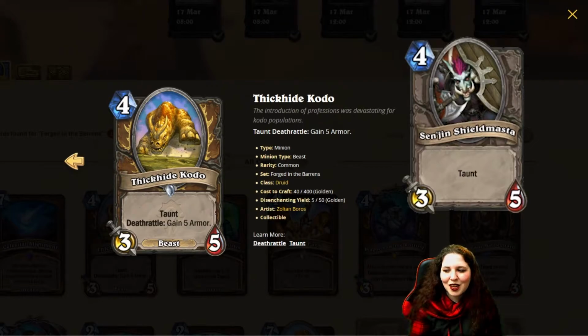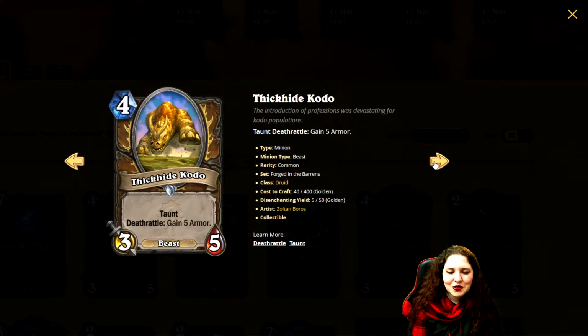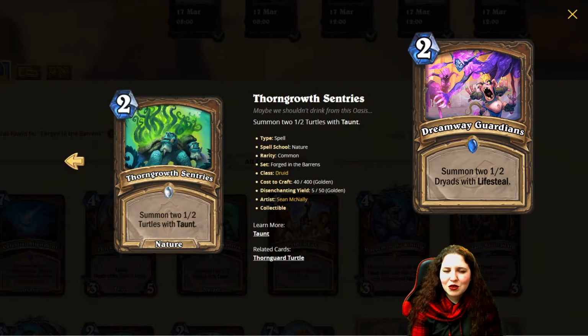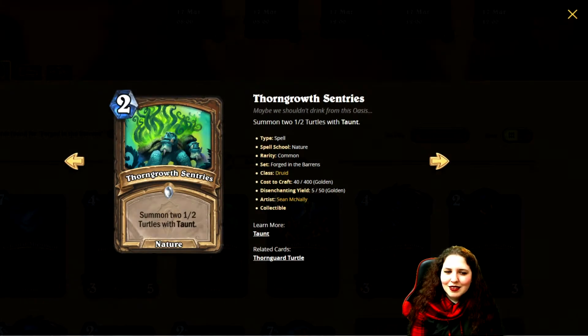I don't think it has that much of an impact, so that's why I'm giving it like a halfie. Next we have a 2 mana spell called Thorn Growth Sentries. Summon 2 1/2 turtles with Taunt. So it's kind of like that lifesteal card they used to have in Druid. That was okay. I think this is just going to be okay, so I'm just going to give it a